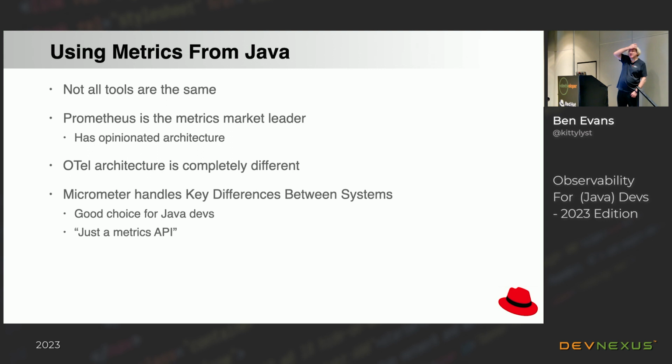But here's the thing. Metrics are actually something that we can really do quite effectively in Java. And in particular, we have Micrometer. Hands up if you use Micrometer in your apps. Okay, more people I think would be good to be using Micrometer, because it's in my opinion, easily the best of the metrics libraries. It's well architected, it's well thought through,